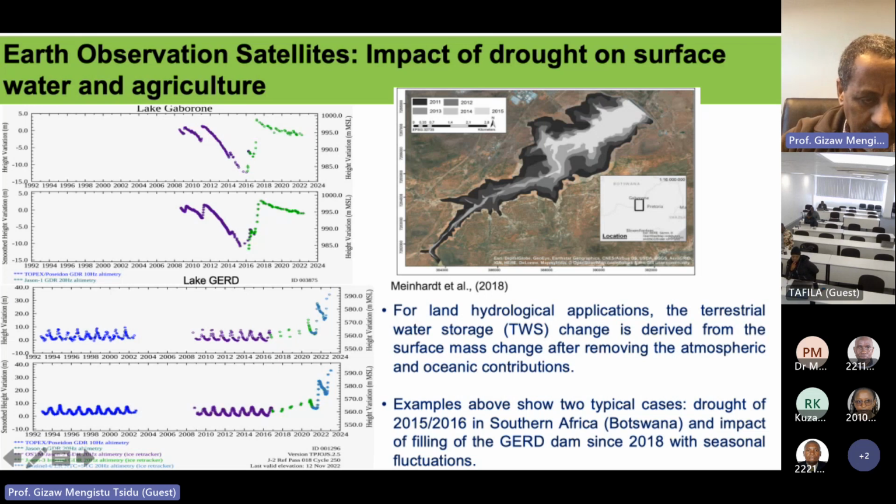You can see that naturally the river, the place where the dam is built, the water level fluctuates over years, a long time. You can see it's a Nile River, Blue Nile, and it fluctuates around 560 meters above mean sea level. As the dam starts filling up, it goes all the way to 590. So a change of about 30 meters, because this is a very big dam, which will generate a lot of